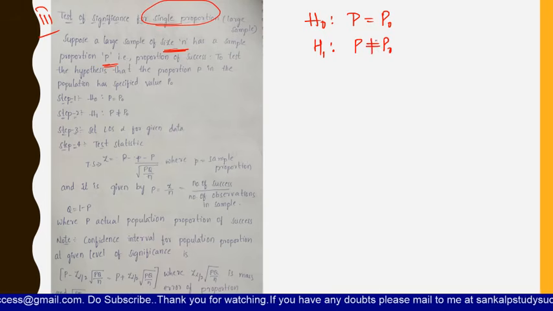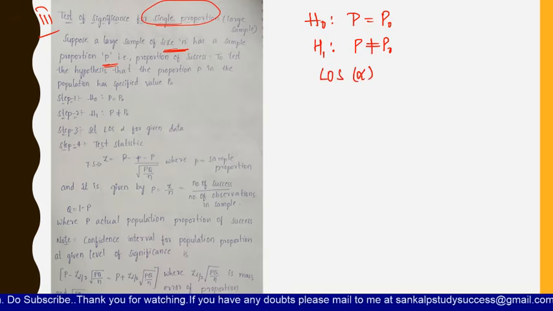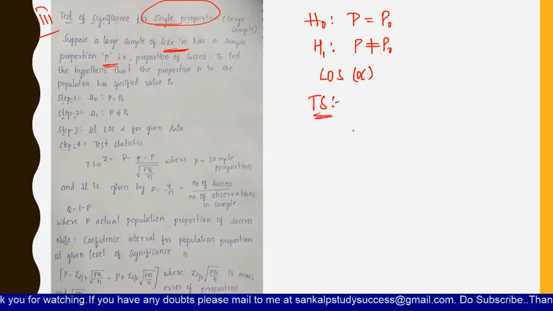Because H0 and H1 will be exactly opposite to each other. So now, the level of significance alpha will be given in the question itself. If it is not specified in the question, you will take it as 5%. Then coming to the test statistic, here is the formula of z, that means you will calculate this z value,